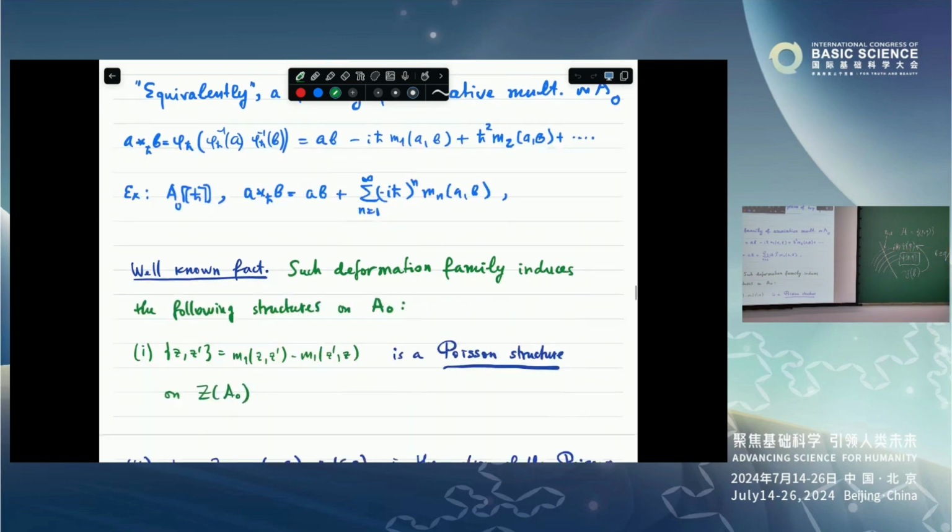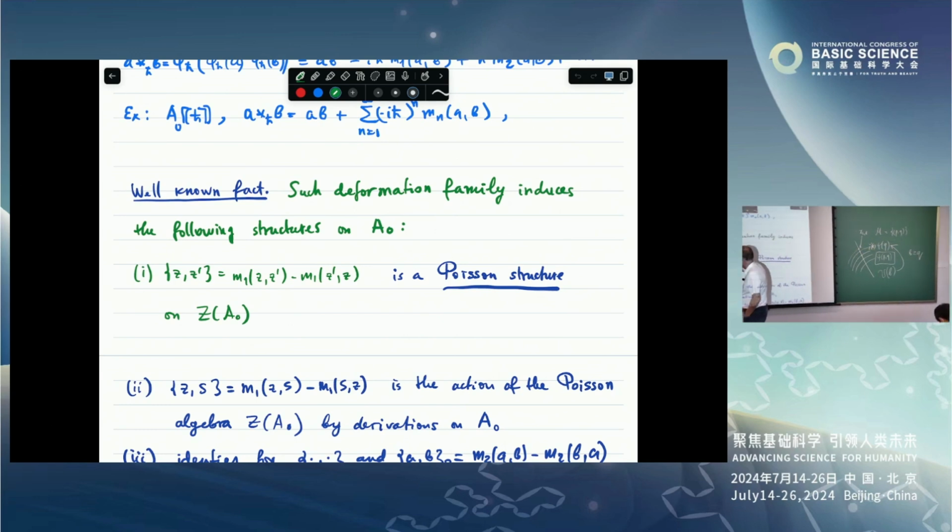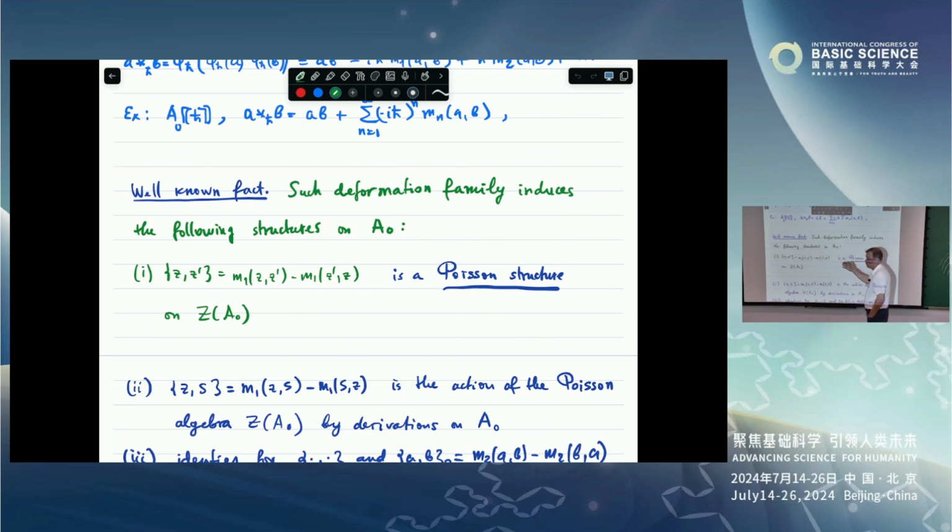A well-known fact is that if you consider the skew-symmetric part of M1, it defines the Poisson algebra structure on the center. Typically, this Poisson algebra structure is trivial. But if the center jumps at the point h0, say, if it becomes bigger, then on this bigger part, it's a non-trivial operation. That's exactly what happens for quantum groups at roots of unity. Poisson bracket only on the center. Only on the center.